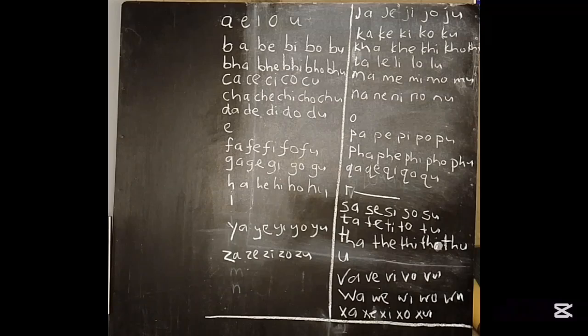Da: da, de, di, do, du. Then e is just a, according to where you want to put it. Then fa, fe, fi, fo, fu. Ga, ge, gi, go, gu. Then h is ha, he, hi, ho, hu. Or ha, he, yi,